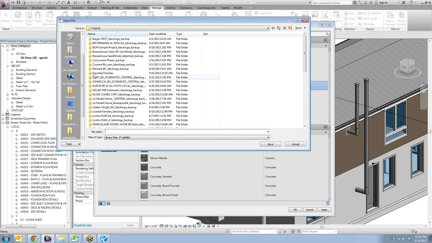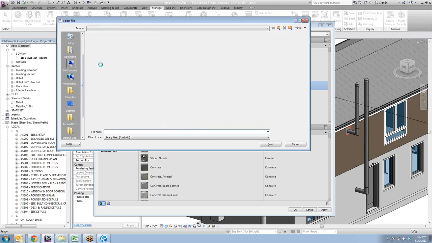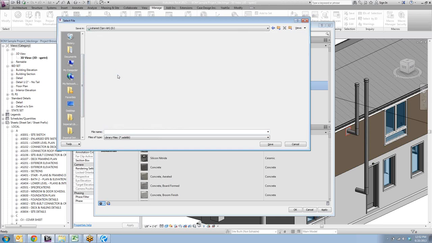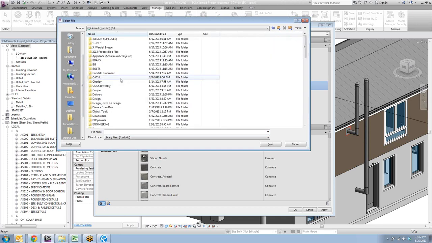Save it. You can save it on your local machine and then move it into the S drive. And then eventually, when you get to a stopping point and you have all of your custom materials for that phase,